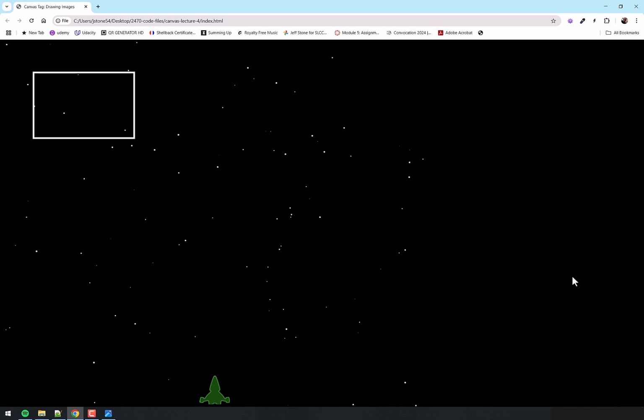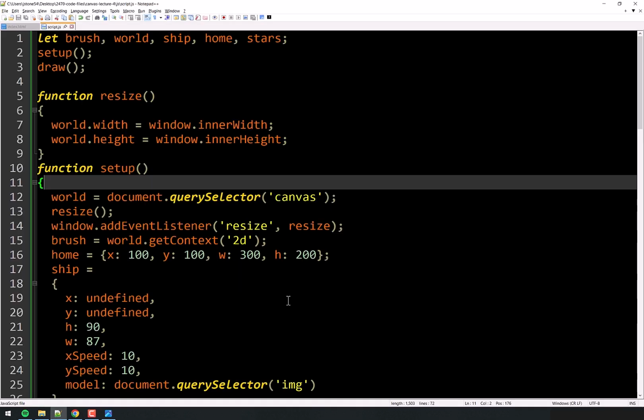This is what I was talking about earlier, that maybe it would be better to just call the setup function when they change the size of the window, right? Because if they did, then it just starts the game over. So that's a decision you have to make. Do you want to have the game start over when they resize, or do you not? I kind of like the idea of having it start over.